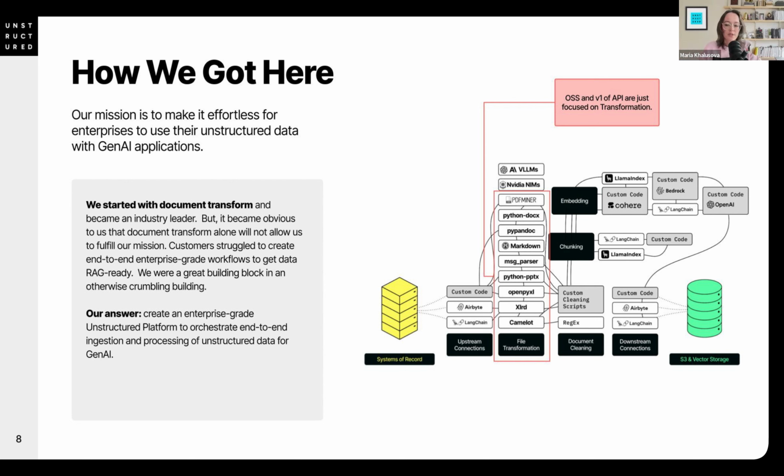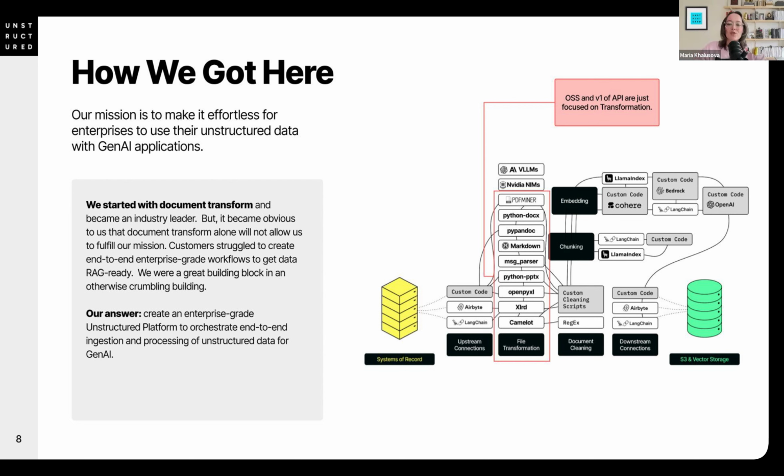And the data itself comes in different formats. You may be working with Markdown files and PDFs and Microsoft Word documents and all kinds of other documents, each of which requires different types of approaches to transform them, to extract the content and the metadata. And then you need to consider how you're going to be chunking those documents, how you're going to be enriching them with metadata, what embedding models you're going to use, where you're going to be delivering the results. And if you start with the POC and then try to stitch your own pipelines, you quickly end up with a very difficult to maintain pipeline jungle,